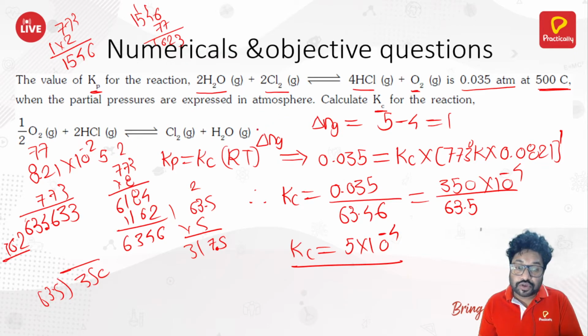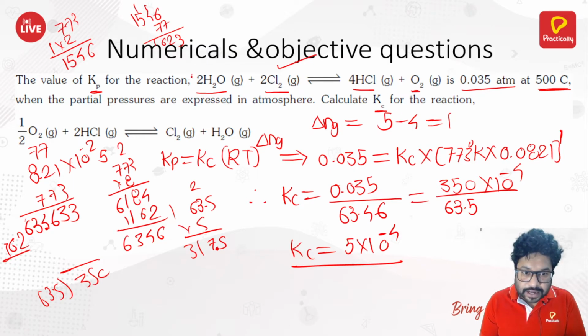We need to compare both of these and then calculate the Kc for this reaction. So we got the Kc for this reaction. Now look at the reaction which they have asked us to calculate the Kc for. If you look at it, it's a reverse of this reaction. Look at this, it's a reverse: 4HCl on that side, O2 on that side, H2O on this side, Cl2 on this side. If you look at it closely, you will understand that this reaction,